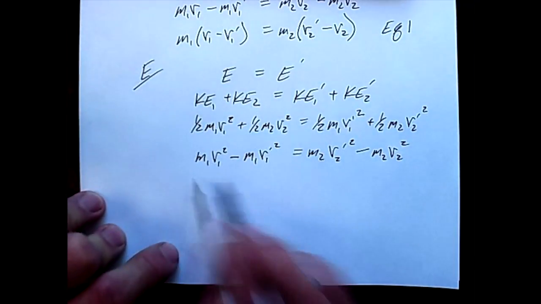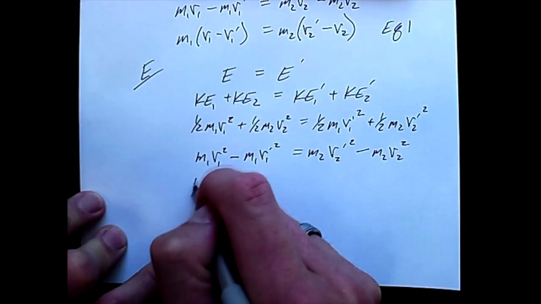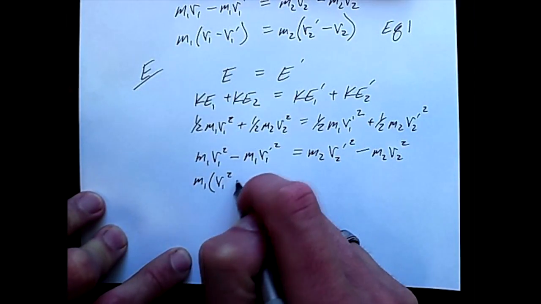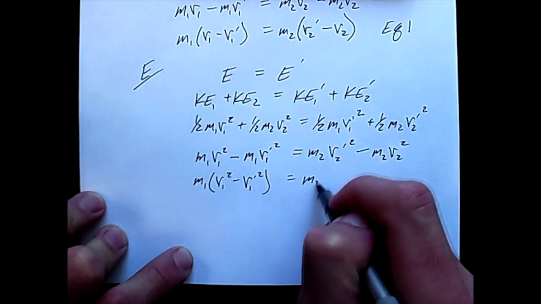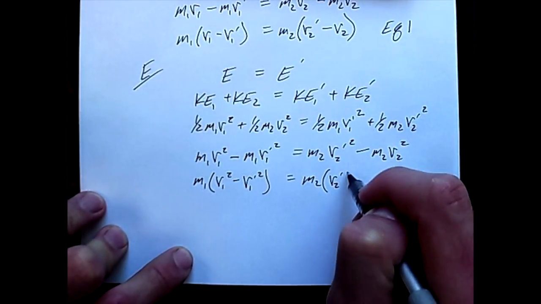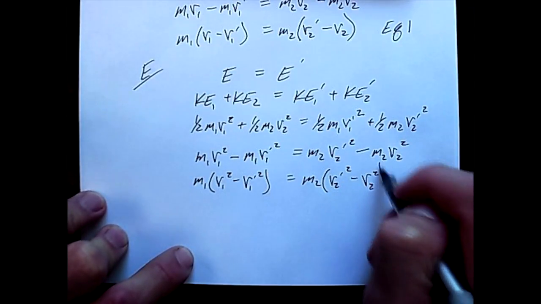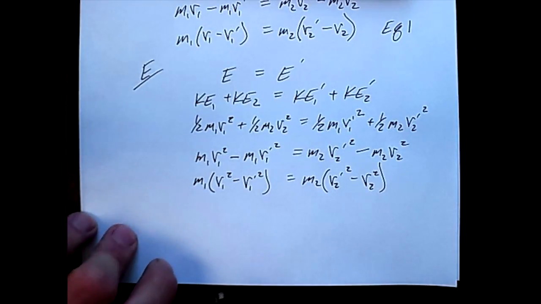Then we're going to take this statement and factor out the m's. m1 times the quantity v1 squared minus v1 prime squared equals m2 times the quantity v2 prime squared minus v2 squared. Now, that doesn't seem very useful at first,